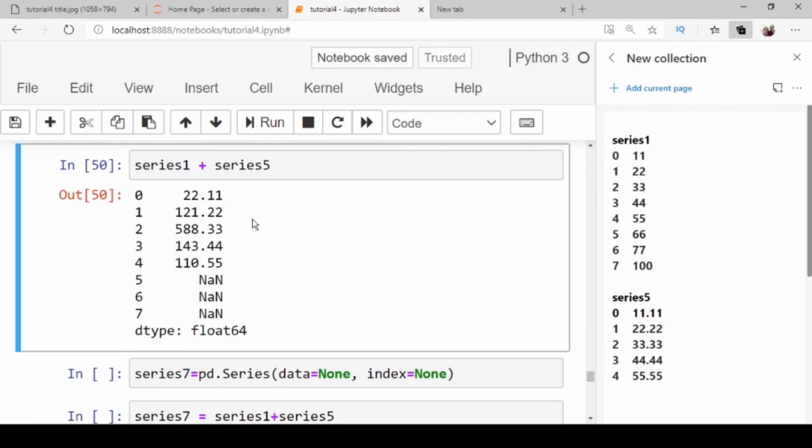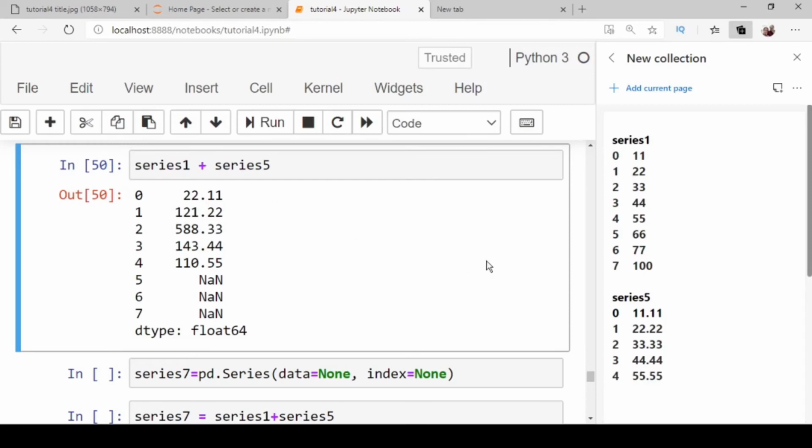Once again I am explaining: since series 1 and series 5 both have the matching indexes in the range 0 to 4, it successfully carries out the given arithmetic operations on the corresponding items of matching indexes. That is, items with index 0 of both objects are given the operation, and the result is given for index 0.